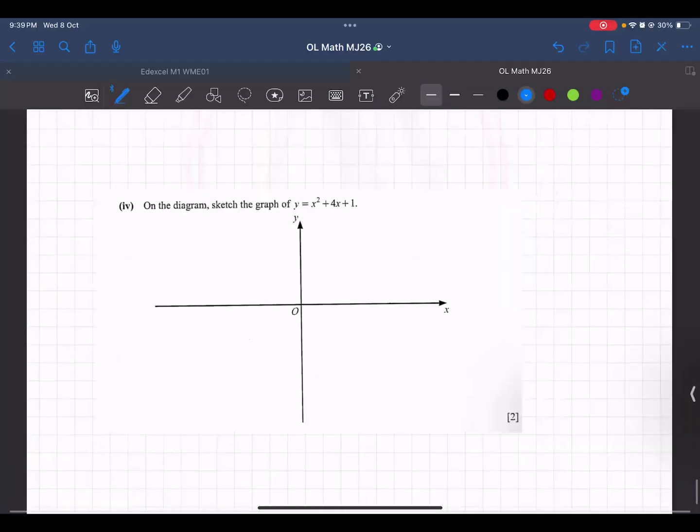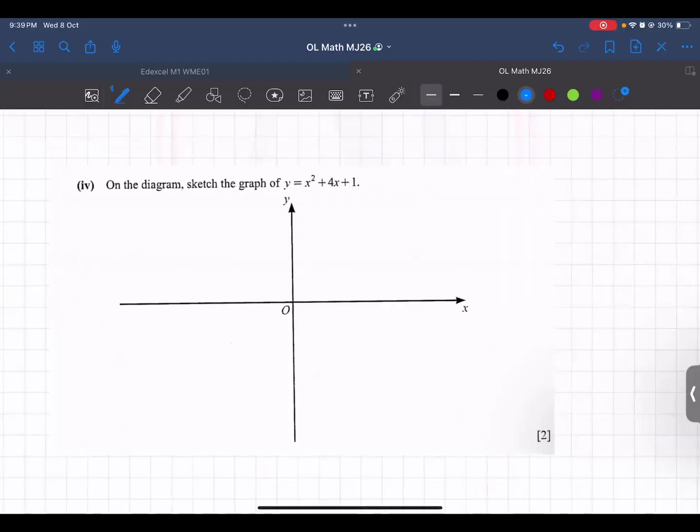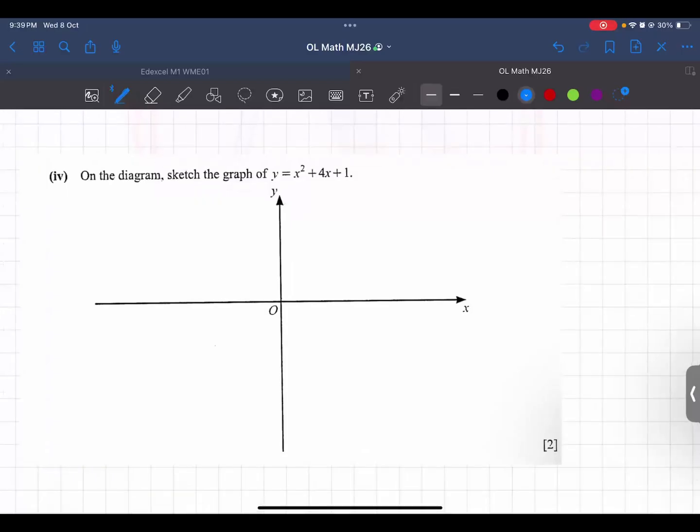Okay, this is the last one. So hopefully we'll end this class after this one. If you have any questions, and I gave you some homework. We'll discuss 1 or 2 questions from the homework, and then we will end it. And then hopefully, if we have time, we will start a new topic on the last thing that we were doing, coordinate geometry. So on the graph, sketch the following.